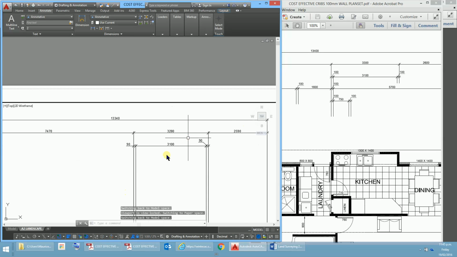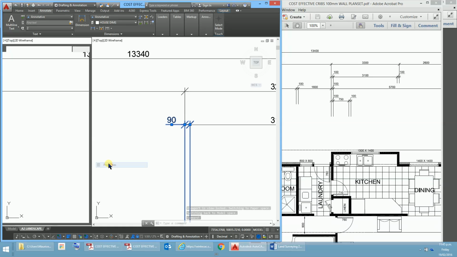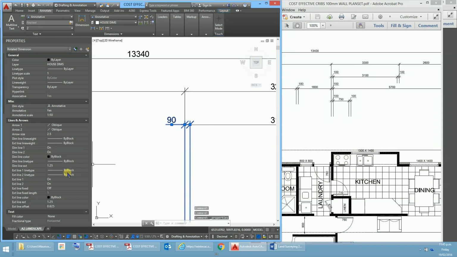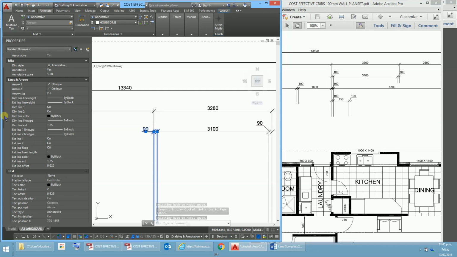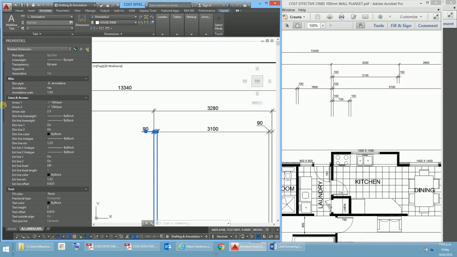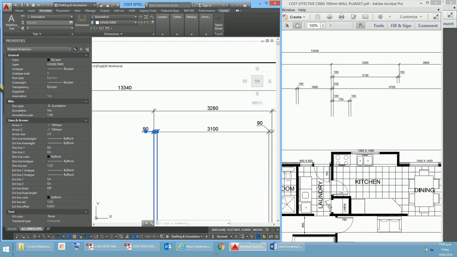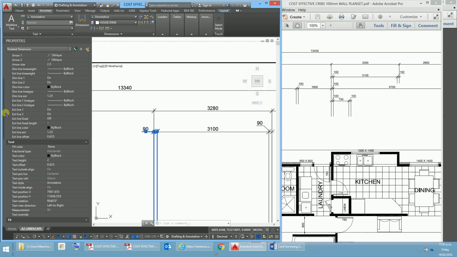Now what we might have here is a situation, so I'm just going to click on that dimension, call up our properties, and see if we can find out a reason for that. So let's see, it's probably in the text, it's working in the text area here. So we drop down here, lines and arrows, text, annotative, yes, there's our scale, general, miscellaneous, text, text override, no,